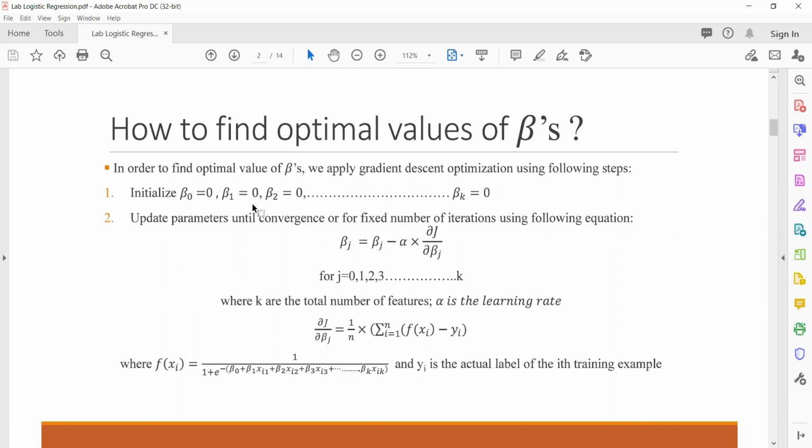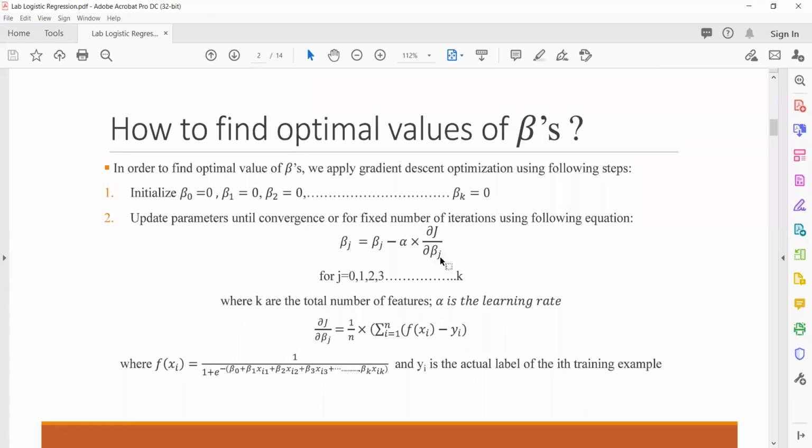Initialize all the beta values equal to 0 and then update the beta value by subtracting alpha into delta j upon delta beta j. Here alpha is my learning rate and k are the total number of features, and delta j upon delta beta j means we are differentiating our cost function, that is j, with respect to beta j.